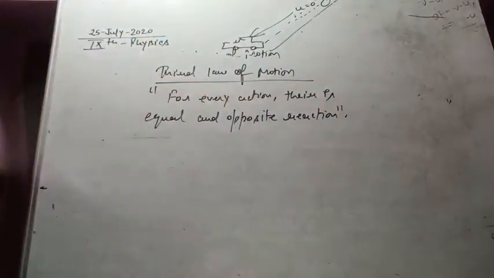What is the meaning of this? Let us come to that. Have you observed, suppose you have a ball and you are throwing the ball at the wall, and once it is coming back, it is coming with the same force which you have applied. Suppose you provide a very great force to the ball. Once it gets back, it will come with a very high velocity, with a very high force. Why does this happen? Because you have applied a very great force, so you will get the same amount of force back.